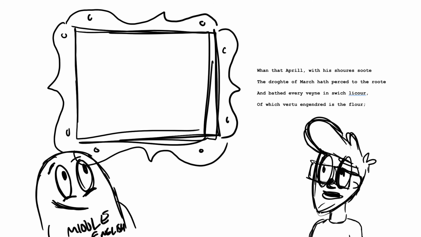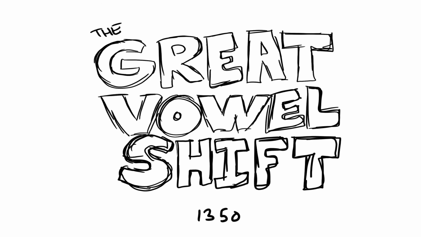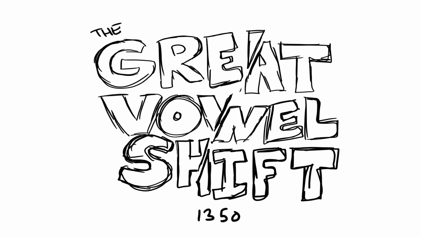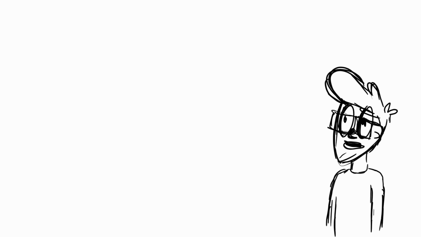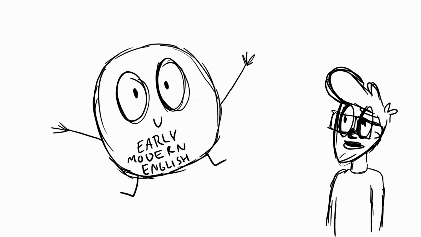Because there was one big change left for English before we can understand it. It's called the Great Vowel Shift. The Great Vowel Shift started around 1350 and continued into the 1700s. Every vowel in English changed. In this way, fold, hoose, and die became food, house, and day. With that, we have early modern English, the first English ancestor we can actually understand.